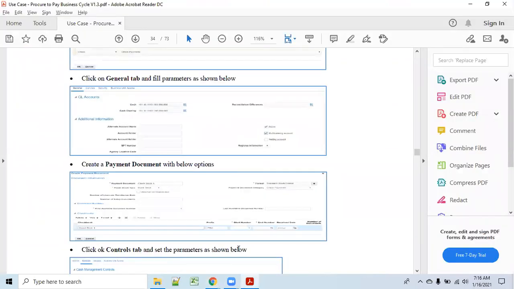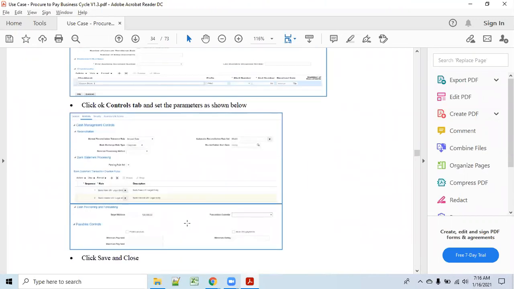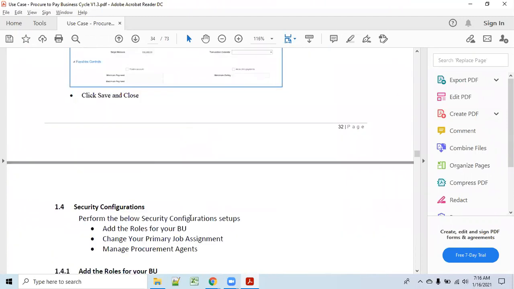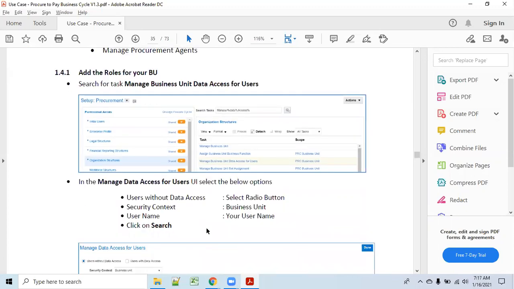Okay. So payment document. These and all we have not done. Controls we also have. Then security configuration. Perform the below security configurations. Add the roles. Change your primary job assignment. Manage procurement. Adding roles we'll see.